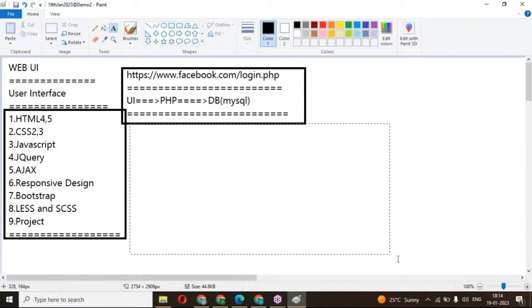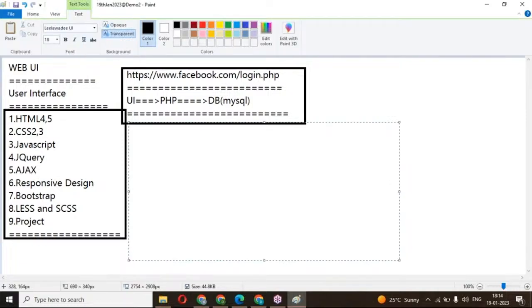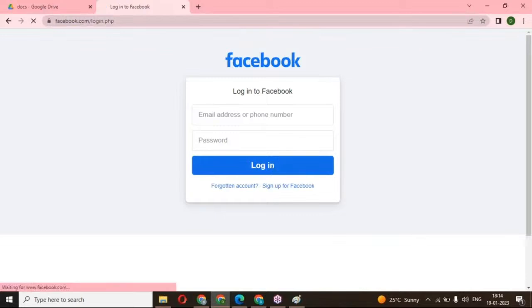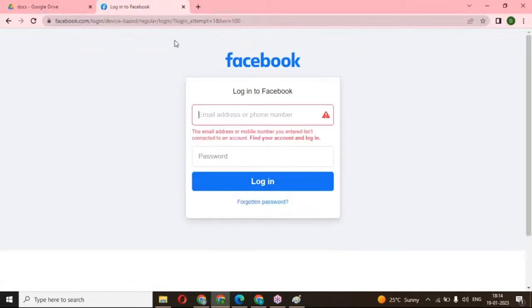So this time what happened here, after submitting, your data will be stored in the database. So it will access our details. See here, after entering your username and password, if you click the submit button, your data will reach the PHP page. That PHP page will connect to the database. Because of that, if I am an existing user, then I'll get the next page, the inbox page